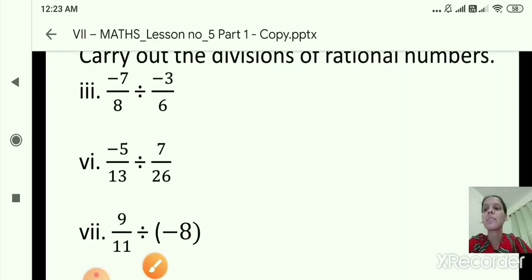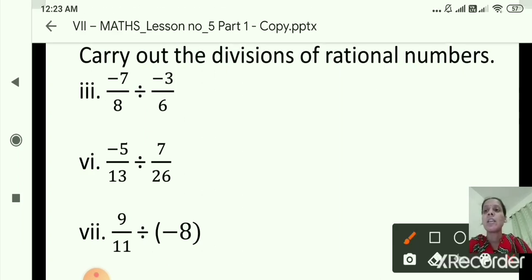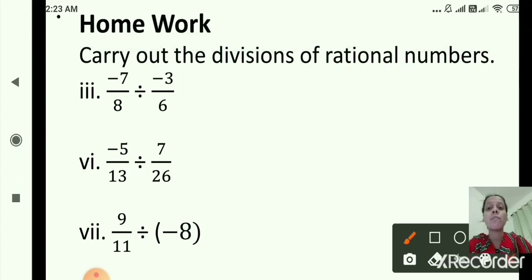Yes, now these are the homework questions. Yes, question number 5, I have solved here 4 sums, and these 3 sums for homework. Okay, so homework questions, please note down these homework questions and you will solve these questions in your maths classwork.